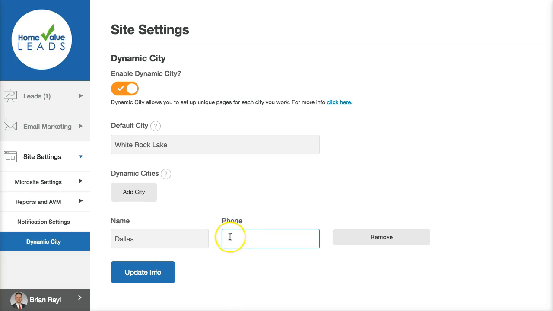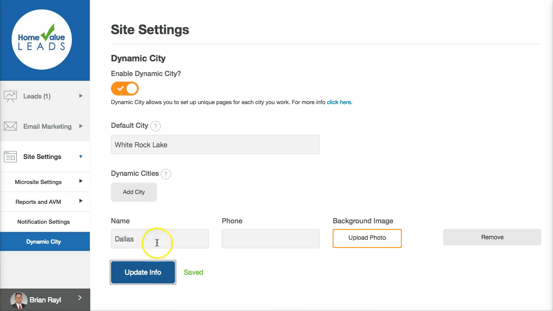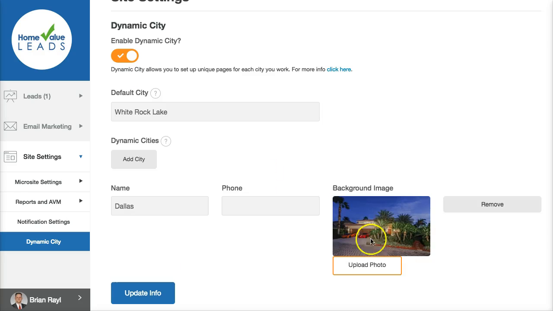For the phone number, if you want to use a specific phone number, whether you use it for tracking purposes or whether you have different offices in different areas, you can do that here. If you put nothing in here, it will use the default phone number from your profile, so don't worry about that too much. I'm going to click on Save. Now once I click on Save, it will allow me to upload a background image. So I'm going to go ahead and upload a photo, and just like that, you see my background photo has been uploaded. I'm going to click on Update Info,